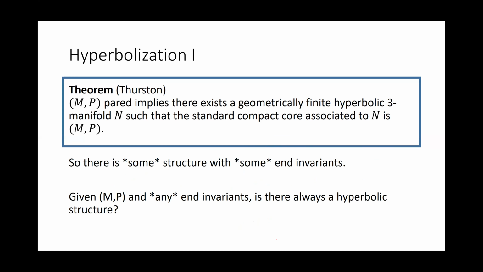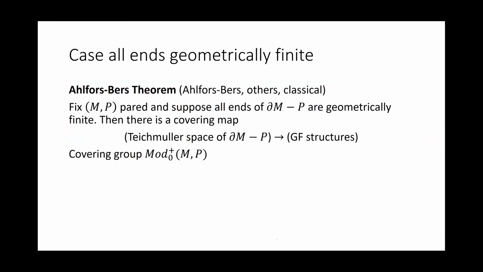All right, so the benefits of this theorem: there's some structure with some end invariance, but an obvious question is, if I have my topology and I have any end invariance, so I choose the end invariance, not you, can I still find a hyperbolic structure? And in the case that everything is geometrically finite, then this is classical, and it goes back to work of